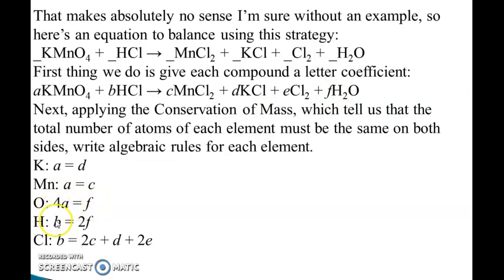After that we will see hydrogen. Here a single atom of hydrogen is present and it gets multiplied by b, which is equal to the 2 atoms of hydrogen written on the product side, and this 2 gets multiplied by f. So on the reactant side b becomes equal to 2f, which is written here. Now in the case of Cl, chlorine is present in 4 places, 1 on the reactant side and 3 places on the product side. Let's start with the reactant side. A single atom of chlorine is written, so we will write here b.